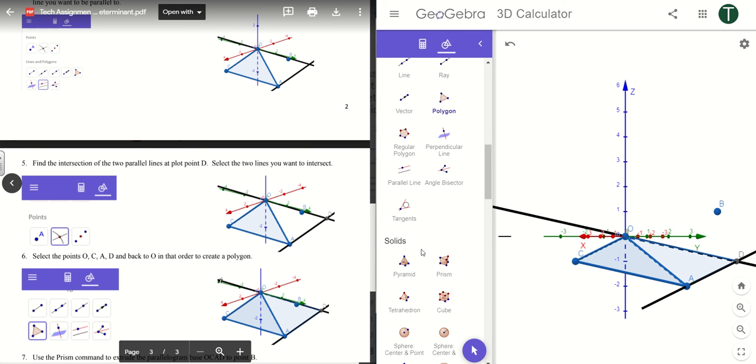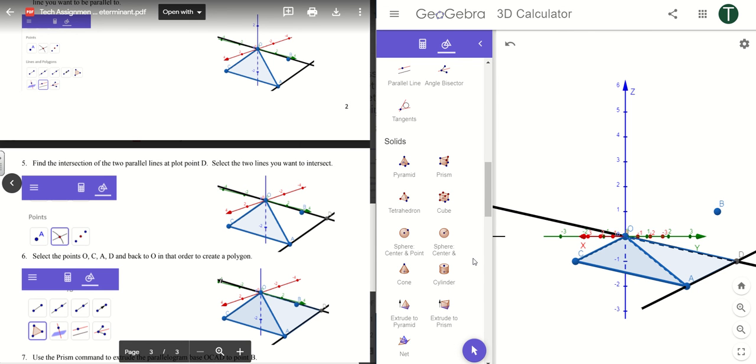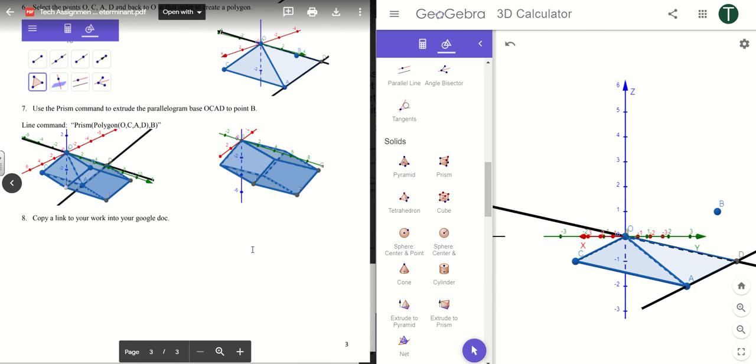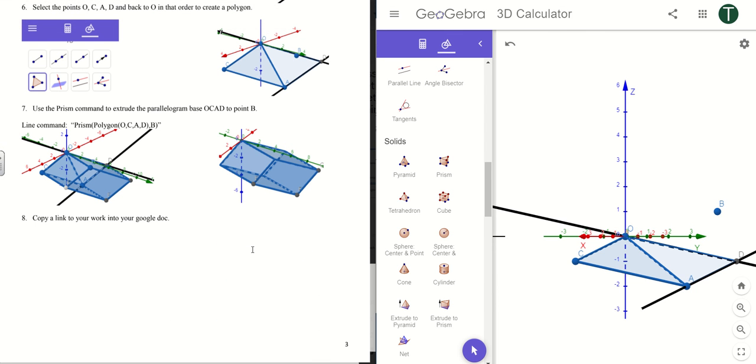All right, so now we have a polygon going through those 4 points, and that polygon is specifically a parallelogram because we defined it that way. All right, we guarantee that opposite sides are parallel to one another, so therefore it's a parallelogram by definition. All right, which is a pretty cool aspect. Now, if you